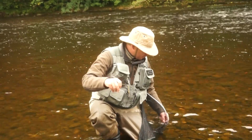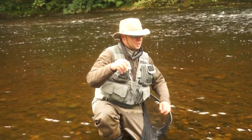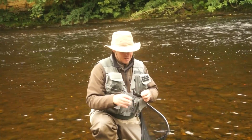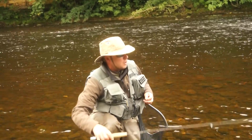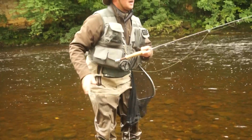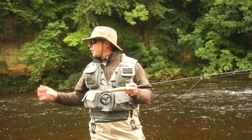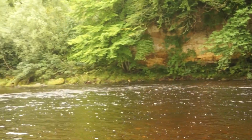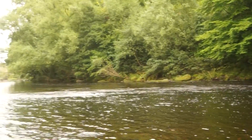I'm here on the Tees with my wife Nellie, who's agreed to come out in these miserable conditions, and the whole idea was to show you some of the water I guide on and the quality of the fish. And I've just started here 2 minutes ago and I'm using